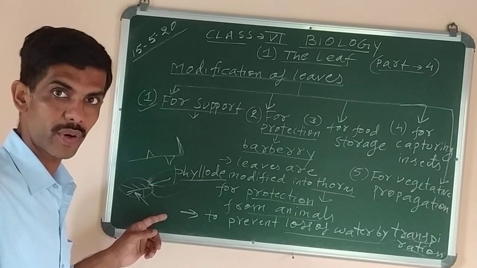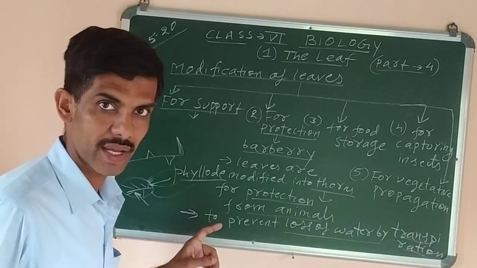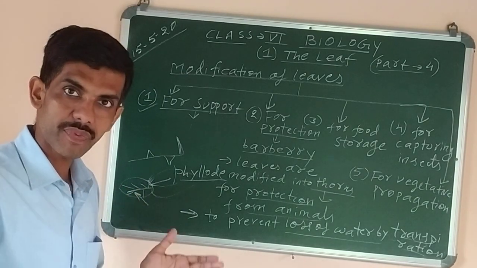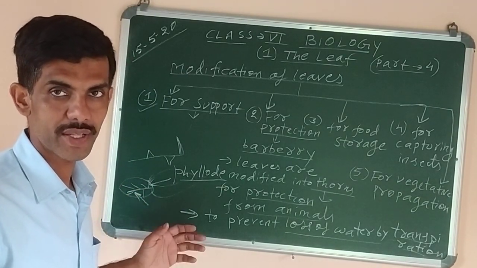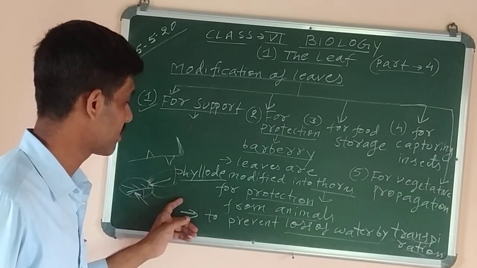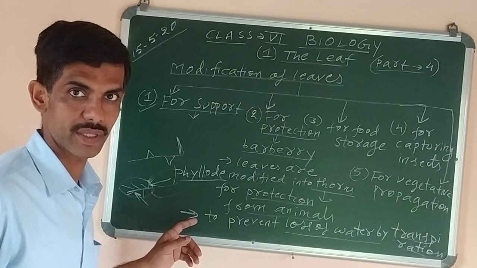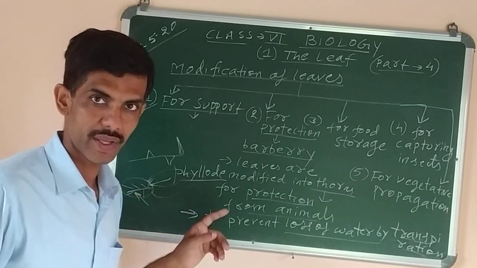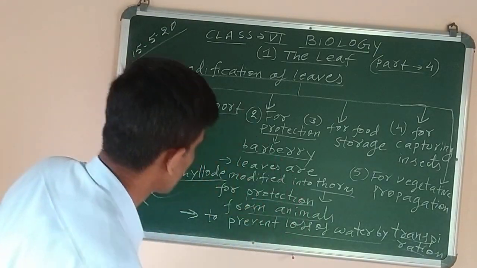Phyllodes. So what is phyllodes? Phyllodes is found in acacia leaves, in which the petiole of the leaf becomes flat, modified or changed to form a leaf-like structure to carry out photosynthesis, and the leaf, or the lamina, disappears. This type of leaf modification is called phyllodes. It is found in acacia. Now next one,